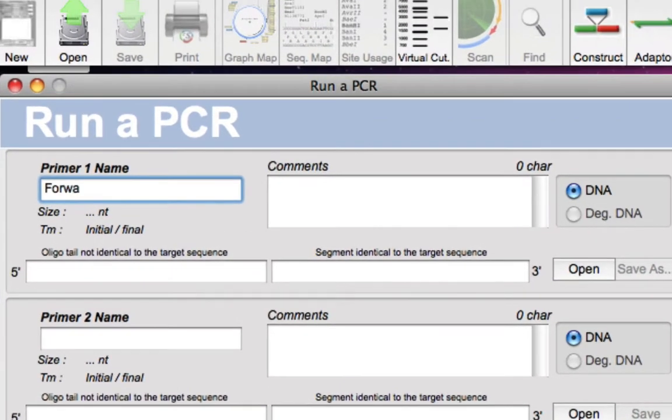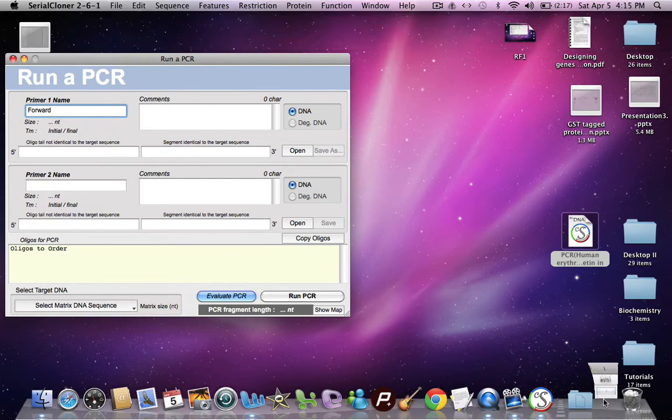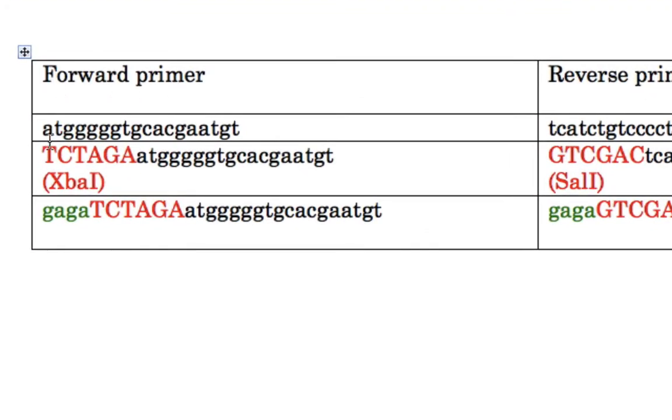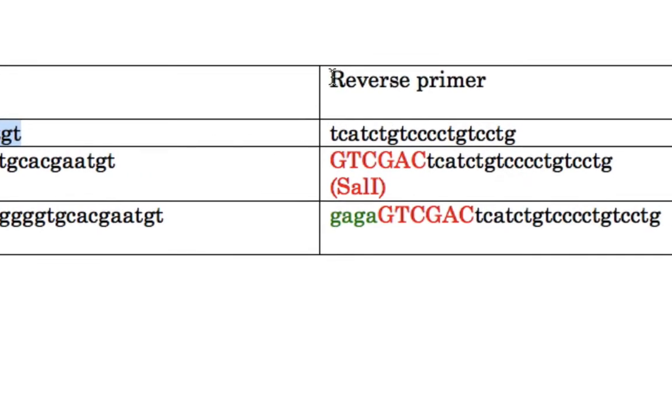So let's say we'll name the forward primer as primer 1, and this is the oligo tail not identical to the target sequence, and this is the segment identical to the target sequence. So we have talked about it in earlier videos. So let's say these are the primers I have already designed. This is the sequence of the forward primer, and this is the sequence of the reverse primer.